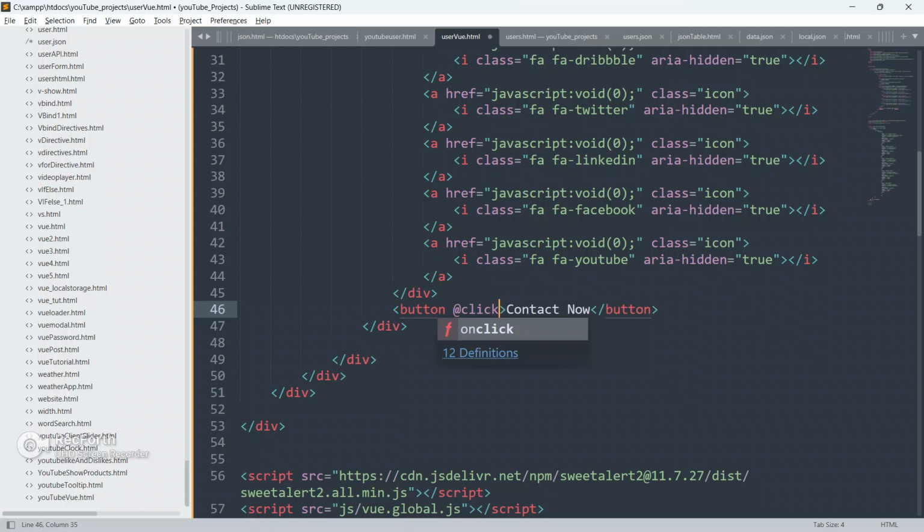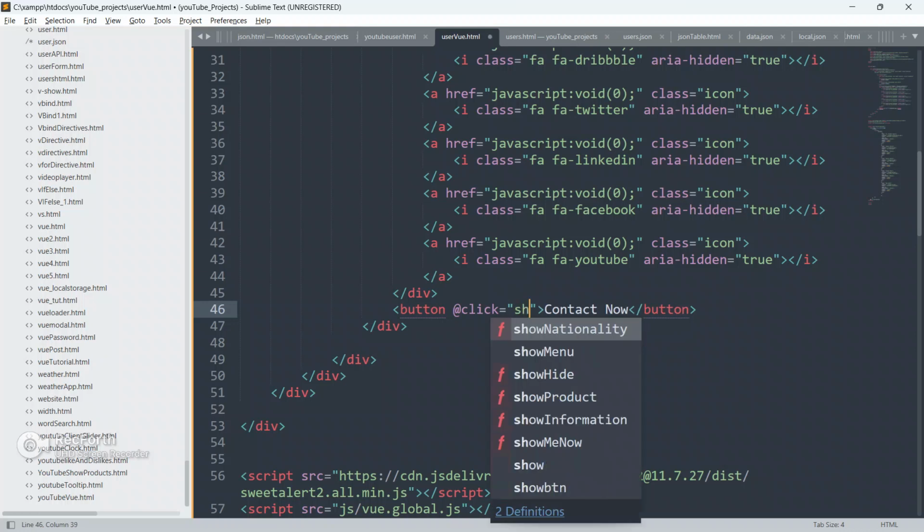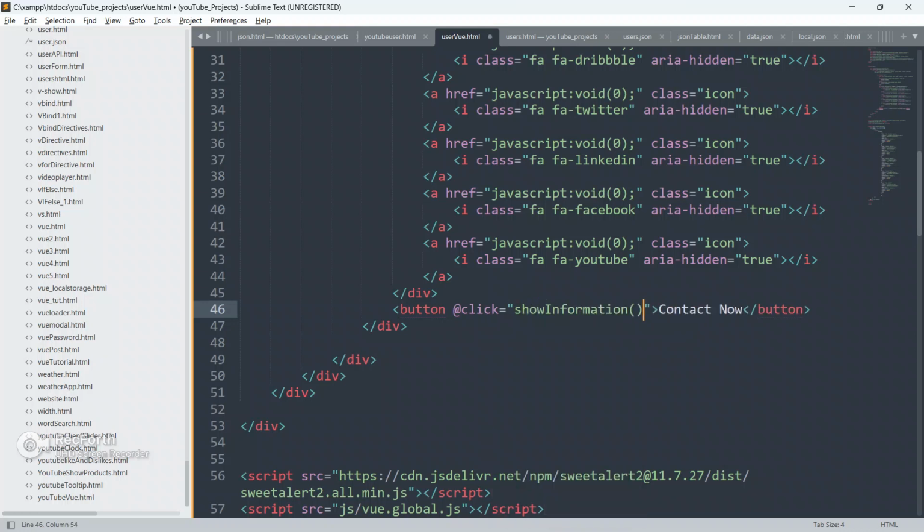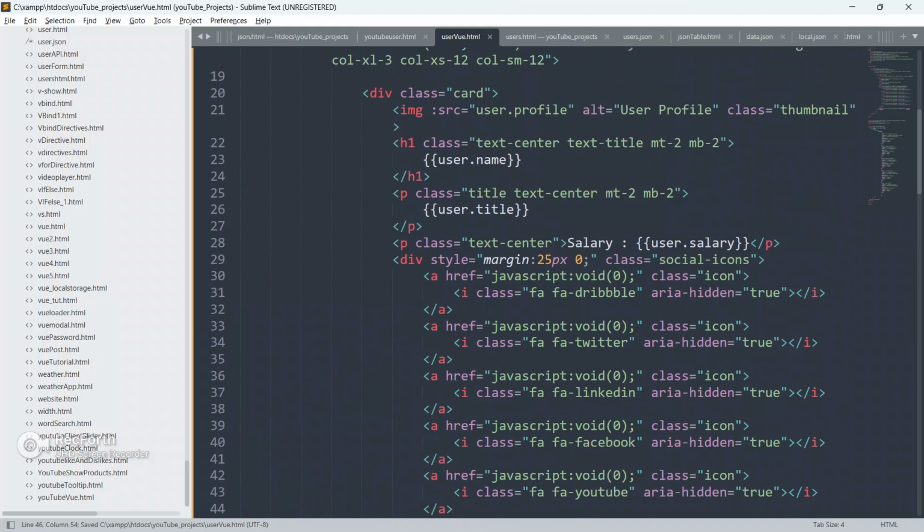Then I'm going to give @click. @click is used in Vue.js to call functions. Whenever a user clicks on this button, we will execute a method. I'm going to write the function name here: show information.